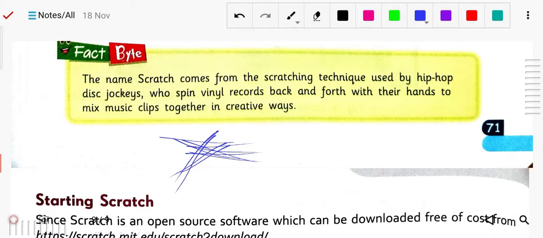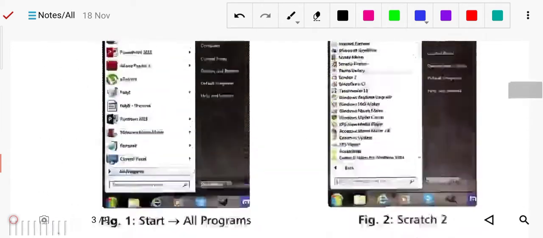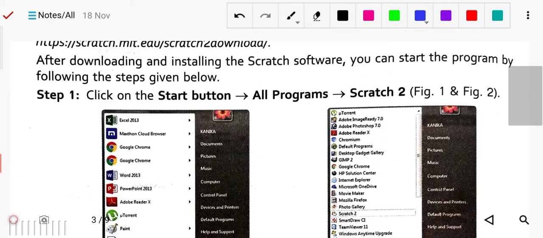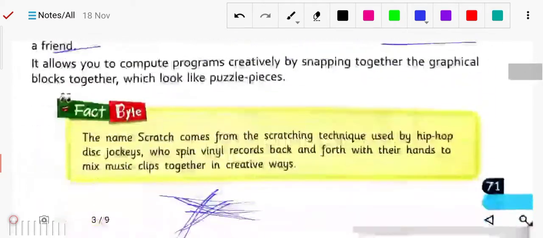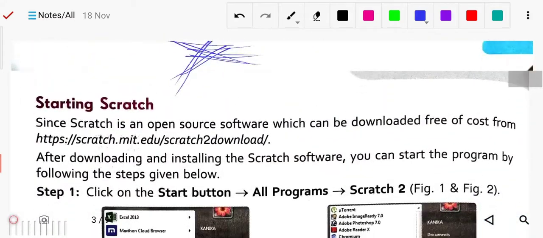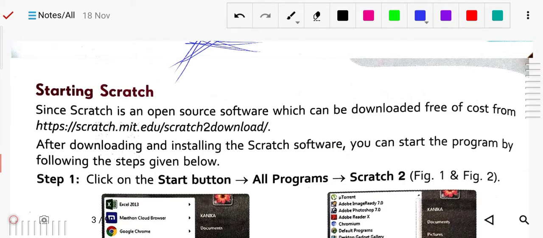Now next is the Scratch software, starting Scratch. Scratch is open source software which can be downloaded free of cost from this site, scratch.mit.edu/scratch2download. MIT, as I told you, is the Massachusetts Institute of Technology.